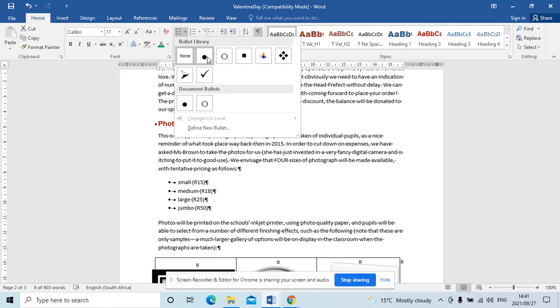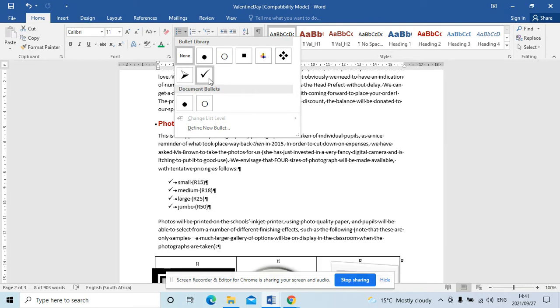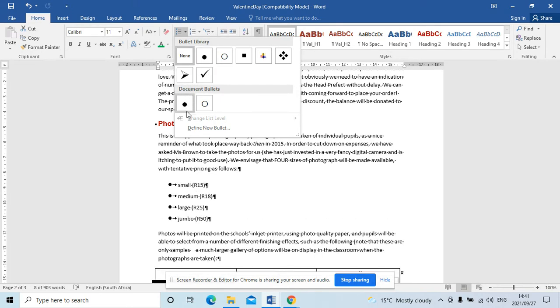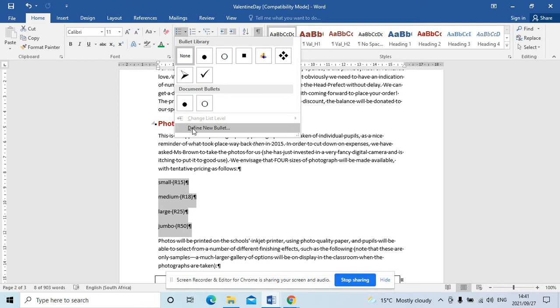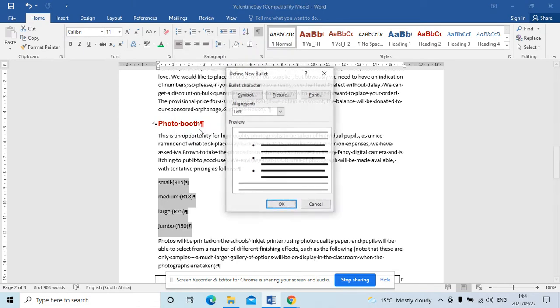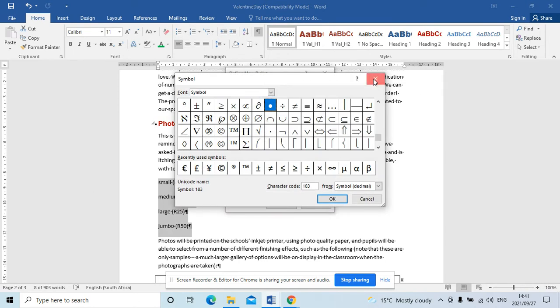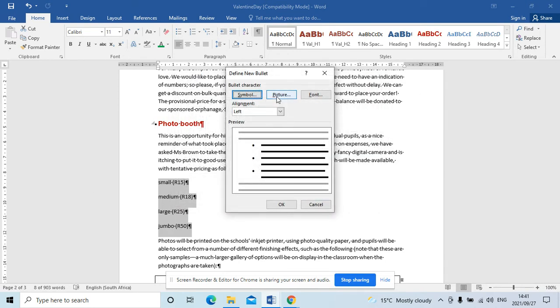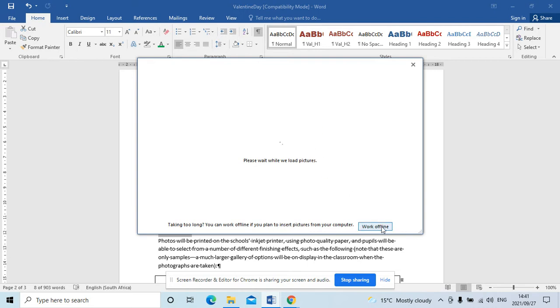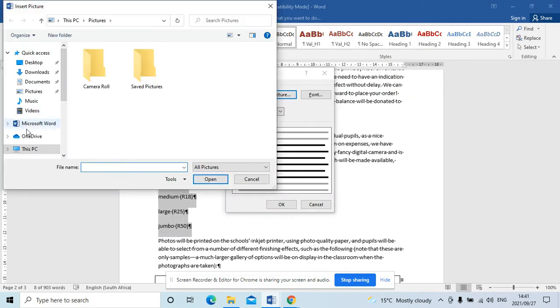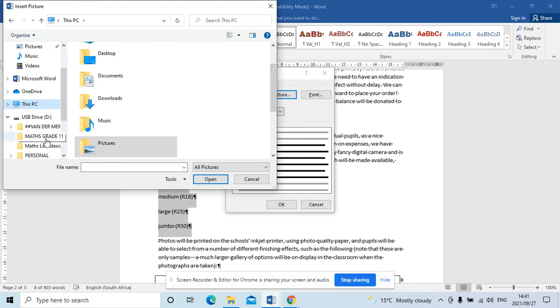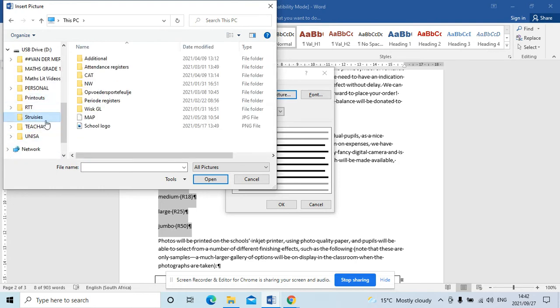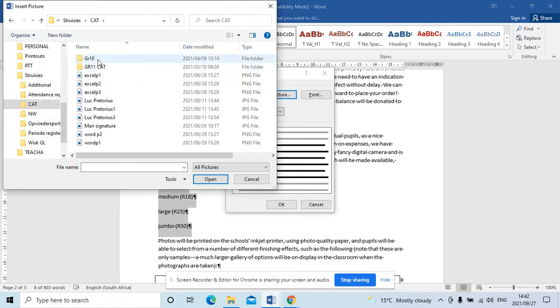appropriate bullet. Let's say I'm asking you for it to be a mark, or let's say I want you to actually use a picture. Then you will go into define new bullet. You will either look for the symbol given to you, or like the previous test, I've asked you to create a Wimbledon ball for me. I've used that tennis ball. So you'll go into picture and you'll say you want to work offline, because it will already be there for you. And then you will go into, I'm just looking for that